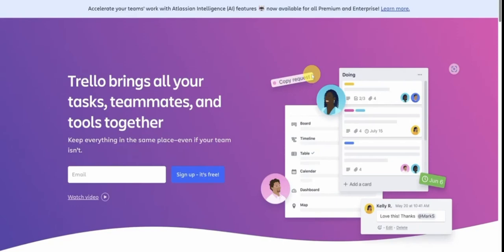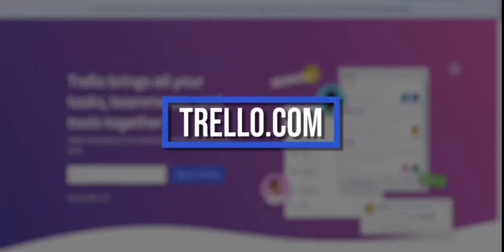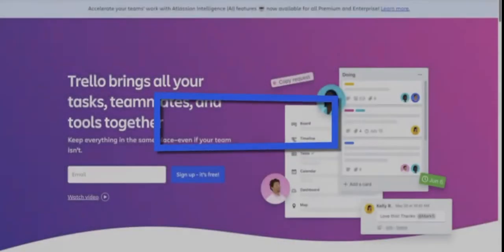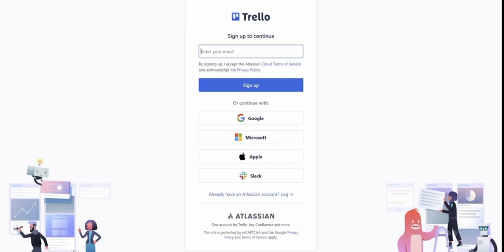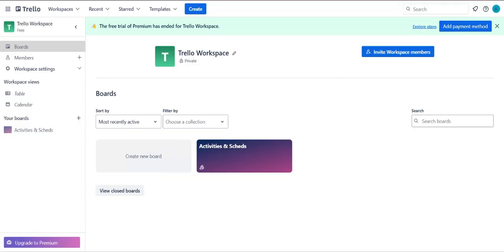Most people get started with Trello who feel unorganized and don't have a system to track projects and tasks. So today we're going to create one in an app called Trello. Get started by going to Trello.com, then clicking on Get Trello for free. In the top right, once you've created an account and verified your email, you're taken to the workspace.